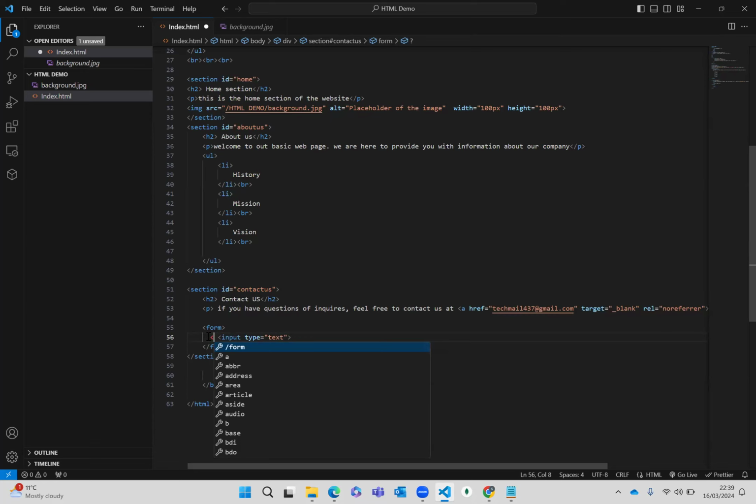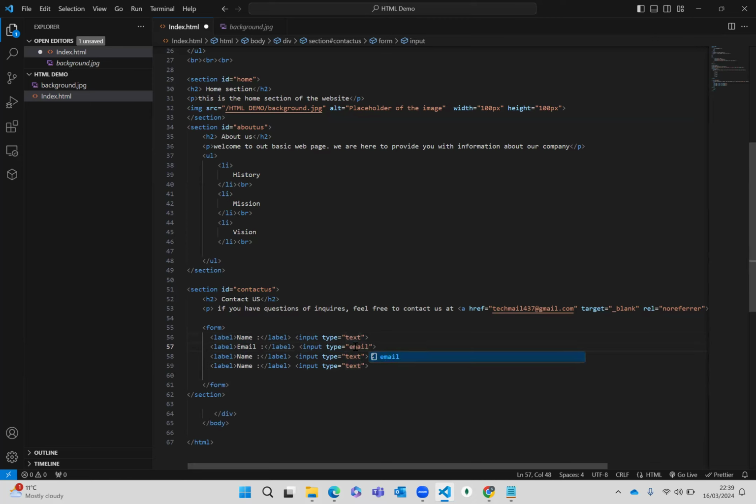If you want to provide any kind of label, you have a label tag as well. You can say label, and in the same way, I want to have four text fields. One is an email, and the type is email. And if you want to have a message,